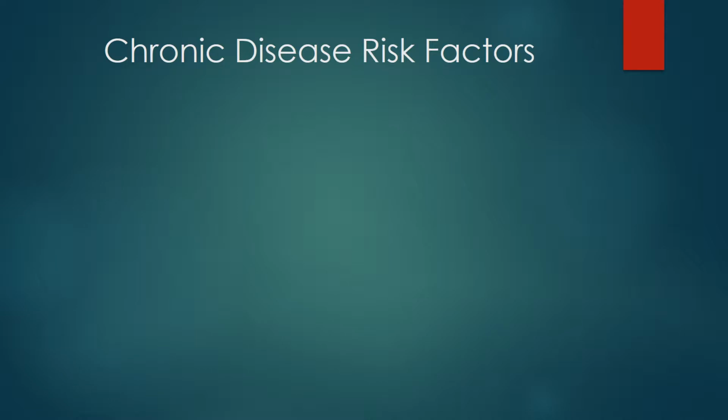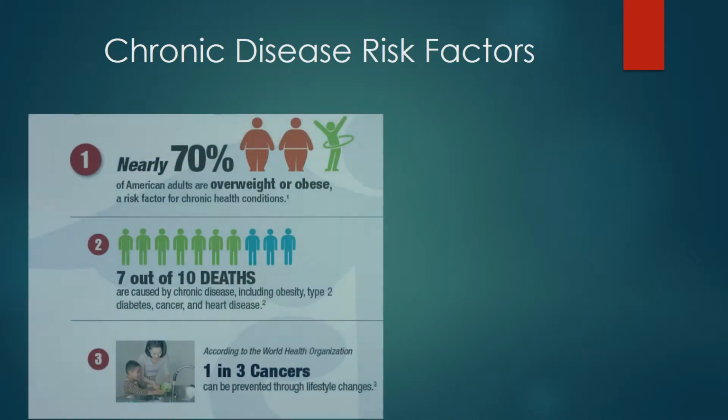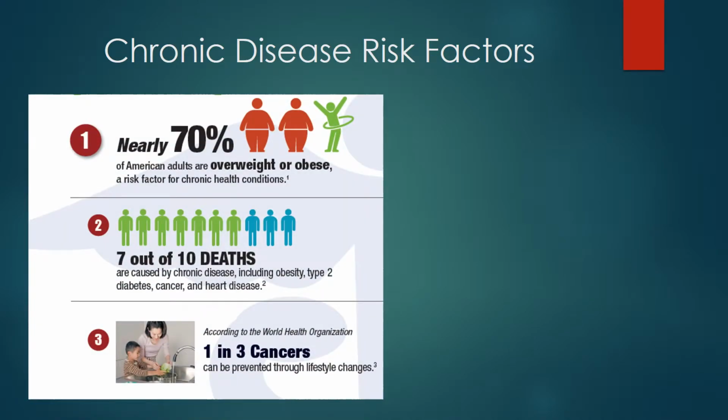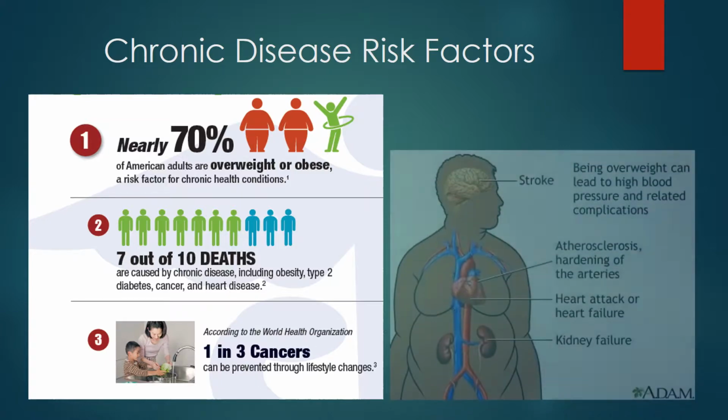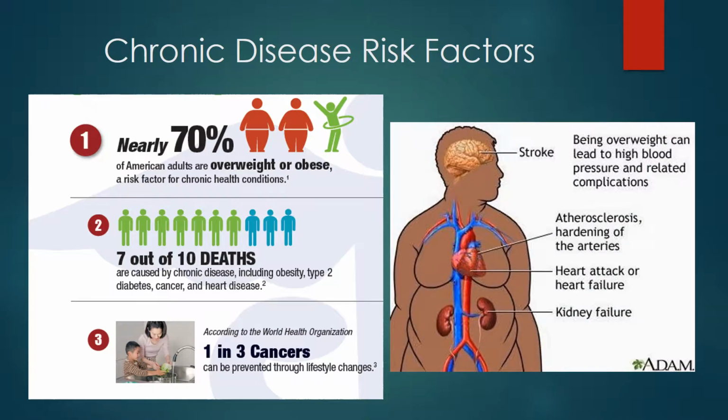Obesity is a known health risk related to disease. Nearly 70% of Americans are either overweight or obese. This imbalance of weight within the body will lead to high blood pressure and atherosclerosis, leaving the body at high risk for heart attack or stroke. We can reduce these risks by making changes throughout our daily routine.